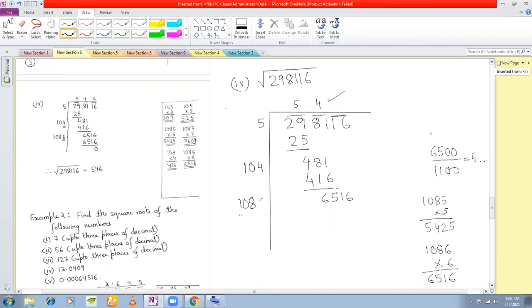Sir, if we didn't get the accurate value, what would we do? If we don't get the accurate value, then we'll continue the process till we get a square root. Otherwise, if it's a decimal number, then we will stop at the number of decimal places that they ask. Okay. For the time being, just remember that you have to get the exact value here. When we discuss decimals, then we'll see. When we discuss example 2, we'll see in more detail what to do. You will understand it.